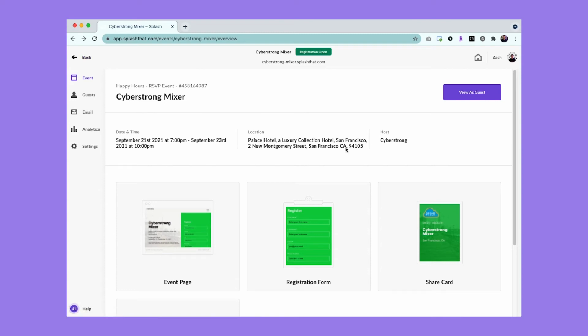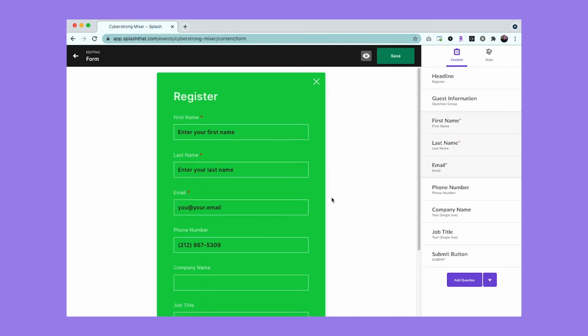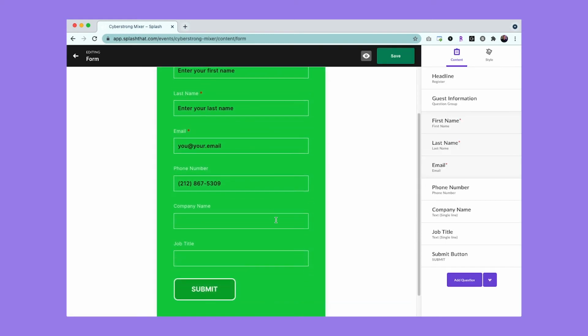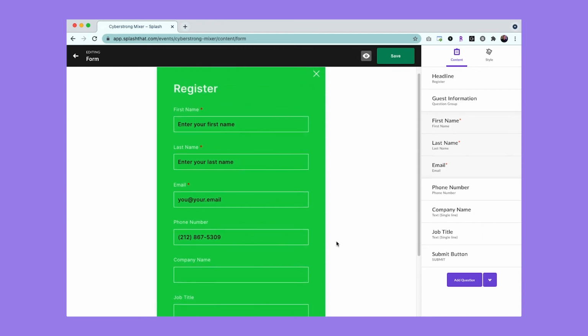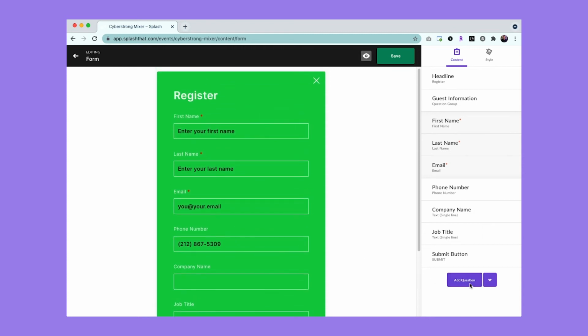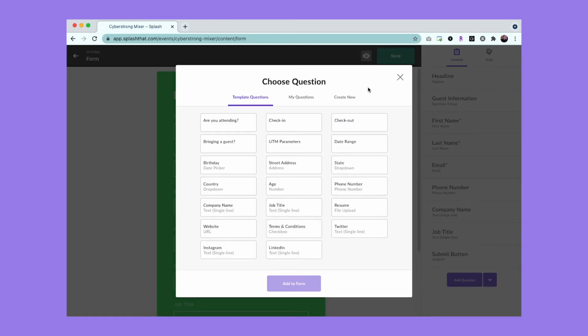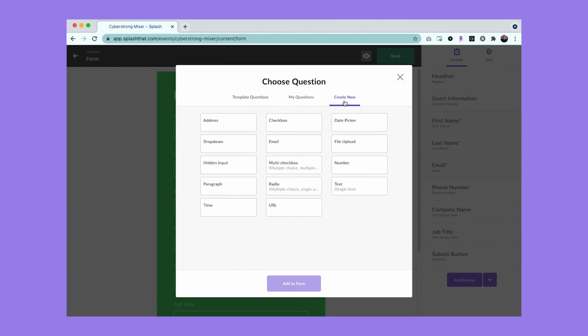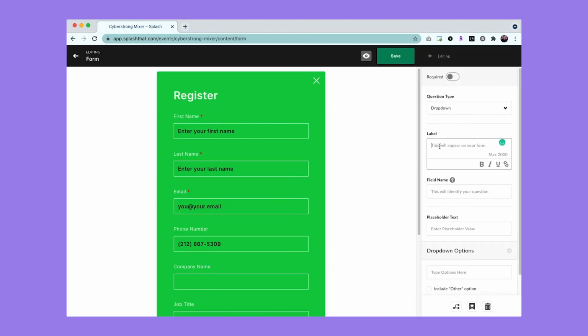What I'm going to do next is make some quick adjustments to our registration form. I'm going to open that up. You can see this form comes with company name and job title. Fantastic. I'm just going to add one more question to this, asking people how they plan to join, in person, virtual, or not sure. And I'm going to select a drop-down question, add that to my form, pop in the question,